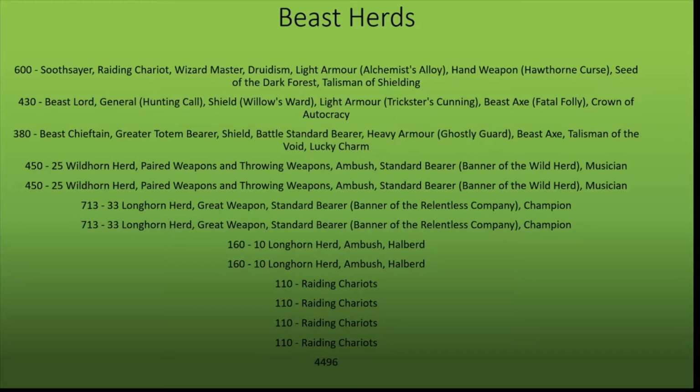And then he's got 2 units of 10 Longhorn herds with ambush. And then he's got 4 raiding chariots for zoning purposes and chaffing and things like that. So I thought it was a solid list, and it would be difficult now seeing how he played it. It would actually be really difficult for me to make a Sylvan Elf list that could do well against this, because I can make something to avoid the ambushing. Like I would just take a lot of speed and run away from the board edges. But if I do that, I don't have scoring, and